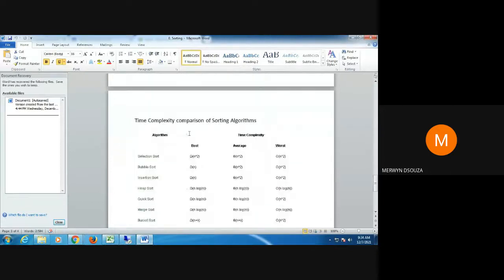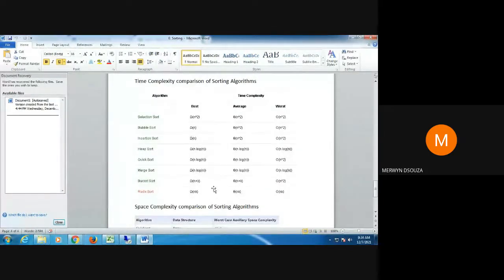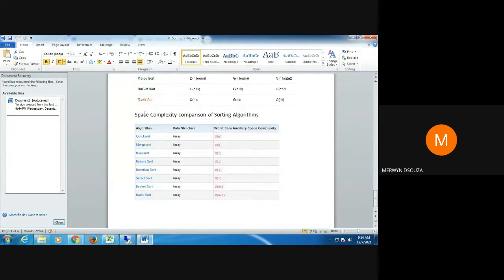I have here an example of the different sorting algorithms. You can see the time complexity. For each case the time complexity is different: best, average, and worst. Similarly, the space complexity also, using the data structure array.